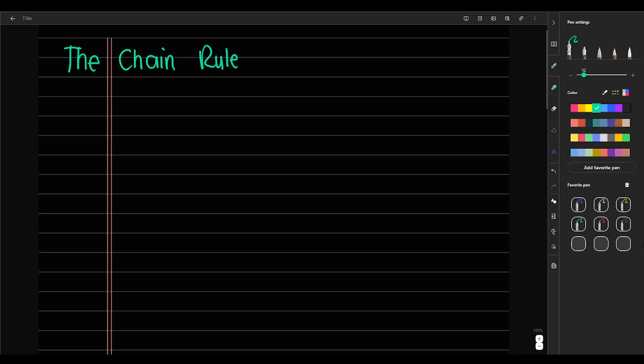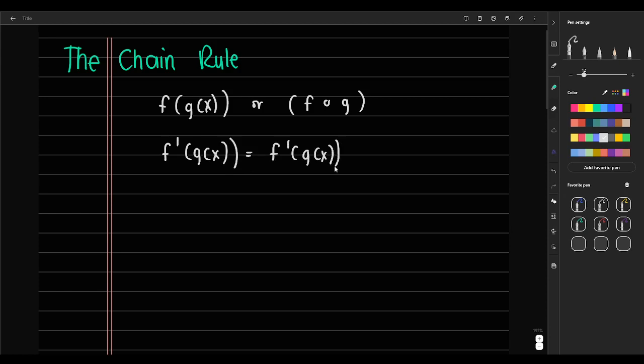So the chain rule, let's say, the famous notation that we could use is your f function of g of x. So deriving f of g of x, f prime of g of x is equivalent to first deriving the g of x, the g function,